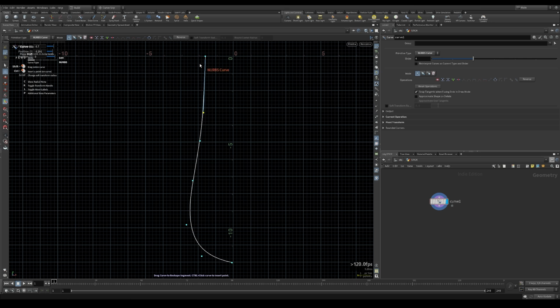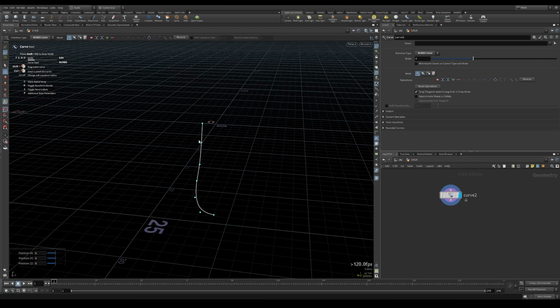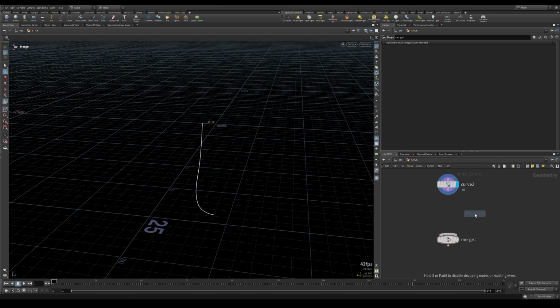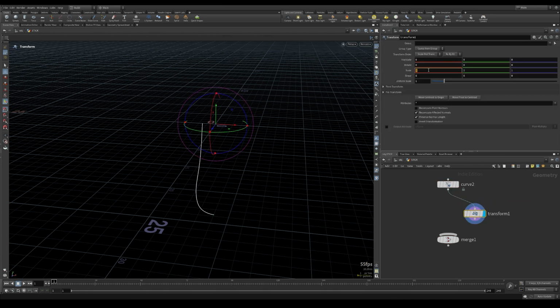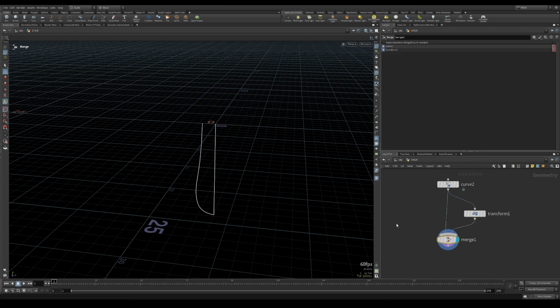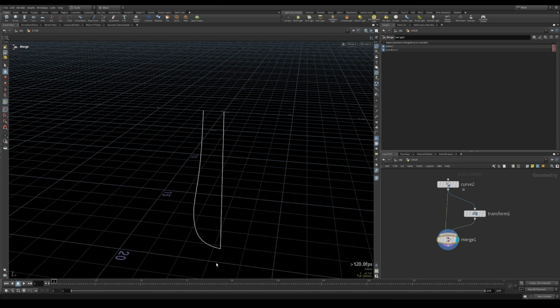And to make sure that we will fuse the points when we mirror it, let's activate the grid snapping and draw this point here on the 0 x and this one here, so we make sure that it's on the 0 y. So now to create the surface of a quarter of the stick, we want to merge this curve and this curve transformed with 0 scale on the x. So we set it like this, and if we merge the two curves,